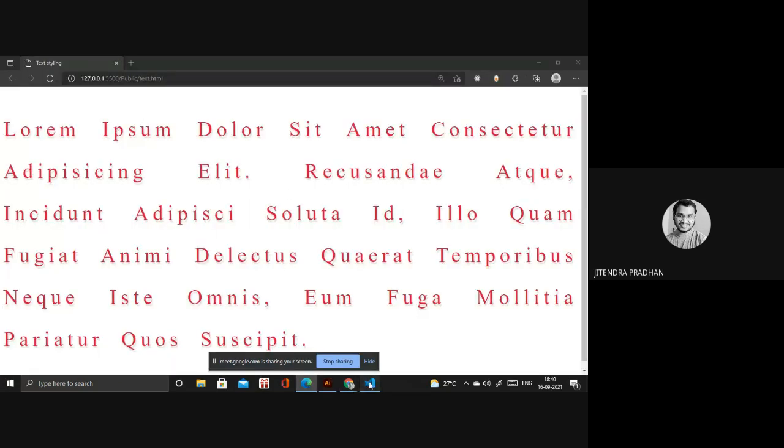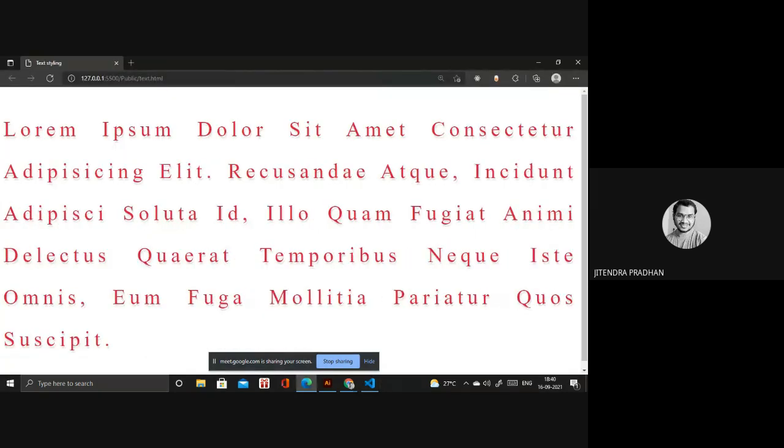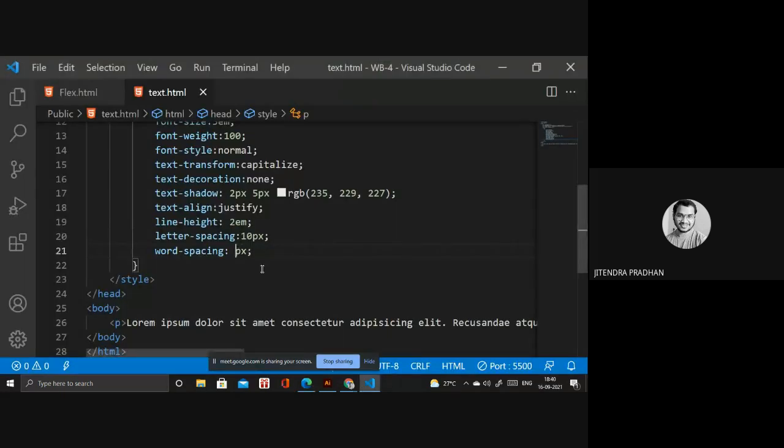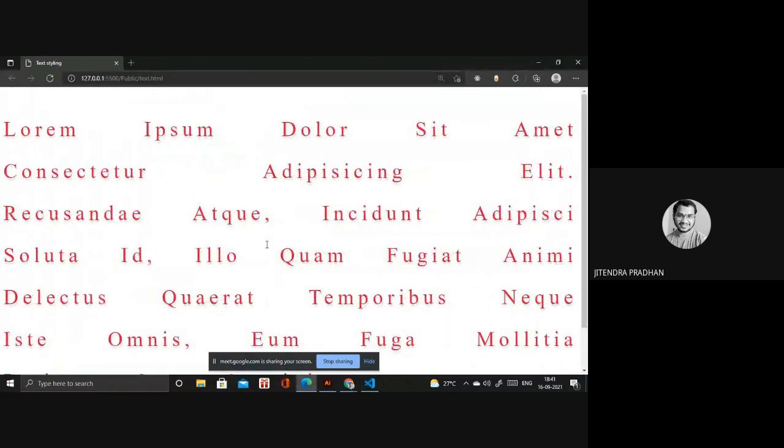If I give something like 5 pixel, they will be closer. If I give something like 50 pixel, the spacing will be increased. So according to your requirement, or your client's requirement, you have to give it. So we have done word spacing as well as letter spacing.